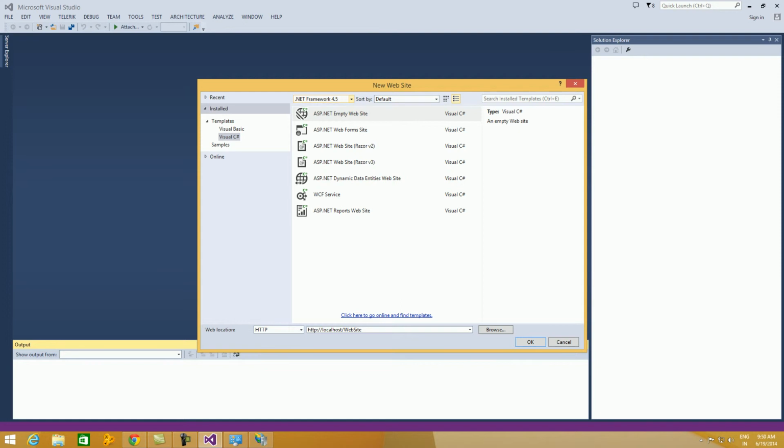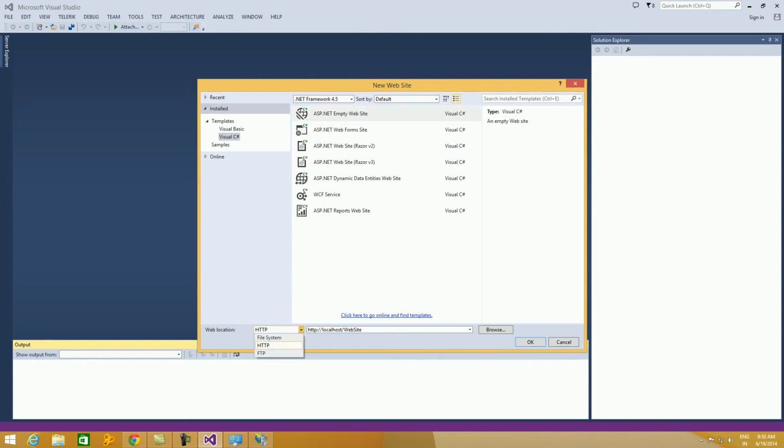You can select your own framework, whatever is installed. I'm selecting 4.5 .NET framework, and I'm selecting ASP.NET empty website. Let us start from scratch. We'll create everything from scratch and add whatever is required.